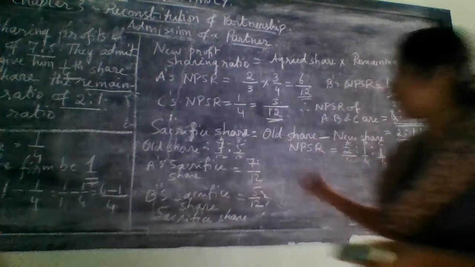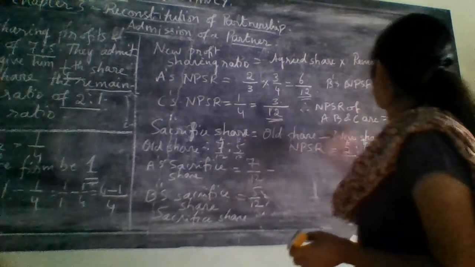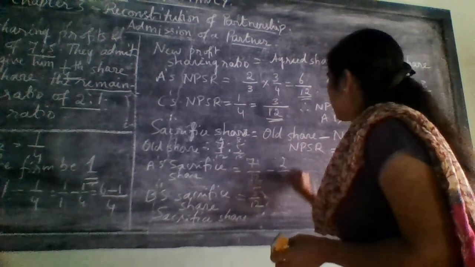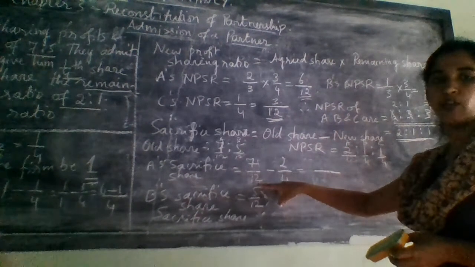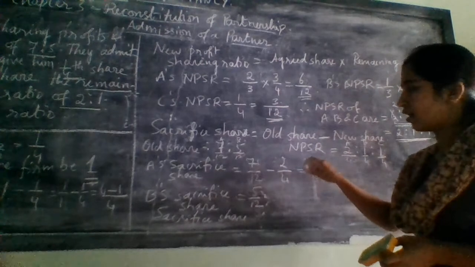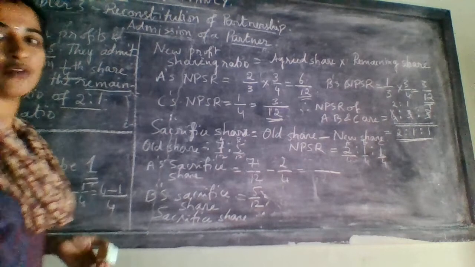If you find this sacrifice ratio by one more method, that is a simple form of that, in that method we directly get 1:2 only. How can we do that? 7 by 12 minus 2 by 4. Just check which is the highest denominator here. 12 is the highest denominator. So 12 can be divisible by 4. Just check whether it is there in the 4 table or not. It is there, right? 4 how much are 12? 4 3s are 12, right? So you can take that 12 as a denominator.